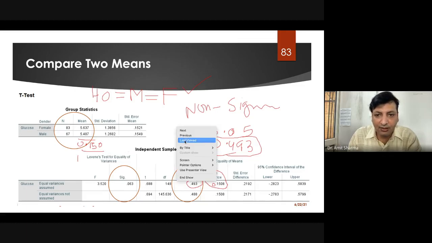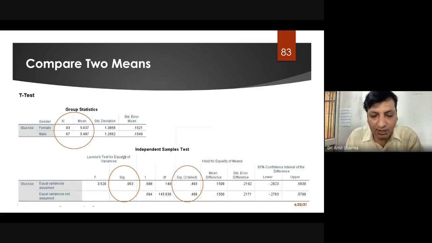From the last table, what are the values we should include in the thesis? We should write the significance value of Levene's test, whether we were eligible for the test or not. You can write that the Levene's test p-value was found to be more than 0.05, so equality was maintained for both groups.